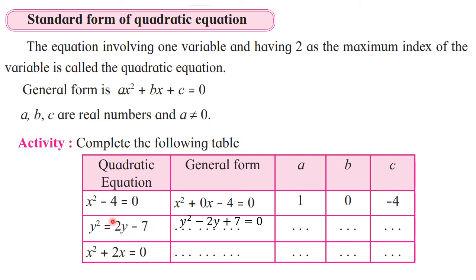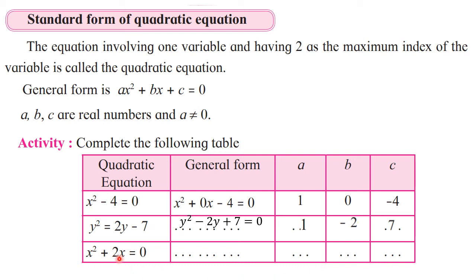See, this plus 2y, if we shift to left hand side, it will become minus. Minus 7, if we shift, it is going to become plus. Okay. So when we change the side, we are changing sign also. Now it is in general form or standard form. Now you can write down the values of a, b and c. a means coefficient of y square here. So it is 1 again. Here coefficient of y is b, that is minus 2, and the constant c is 7. Okay, so in this way you are going to write. If you have textbook with you and if your textbook is new and if it is incomplete, you can complete it with pencil.